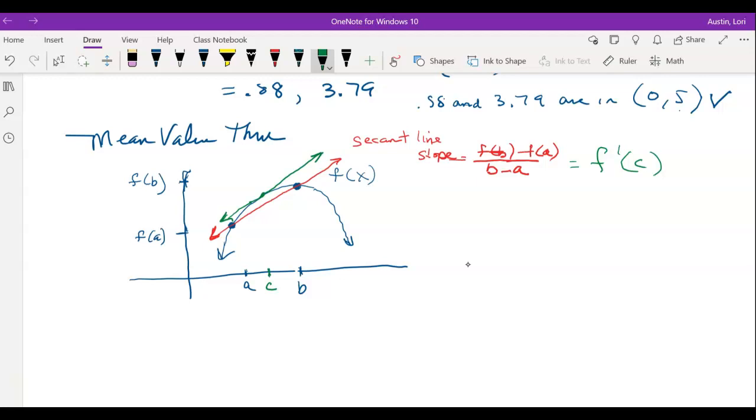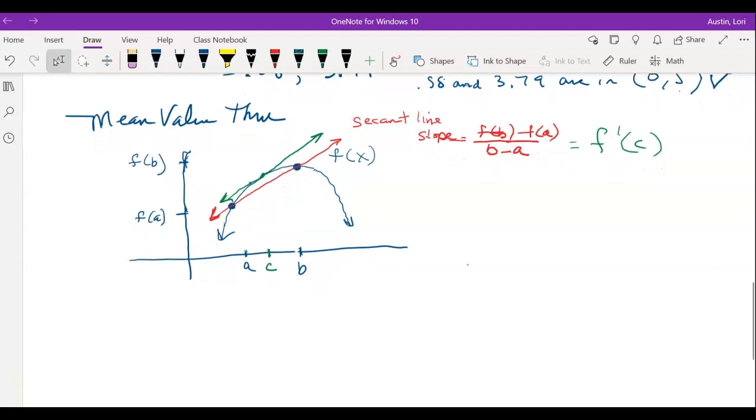So let's put that one in words. I'll put it off to the side because I don't want to go down too much. So here's the theorem. If f is continuous on a closed interval and differentiable on the open interval,